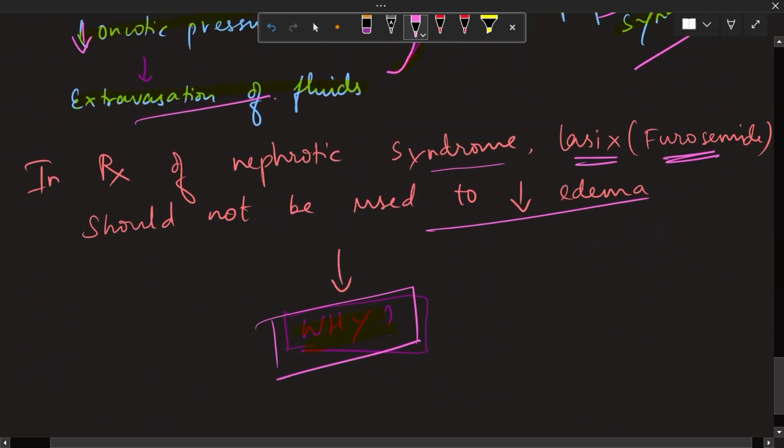And I'll end this video with a question to you guys. So this is the question: in treatment of nephrotic syndrome, why Lasix, that is furosemide, should not be used to reduce edema? And if you know, you can